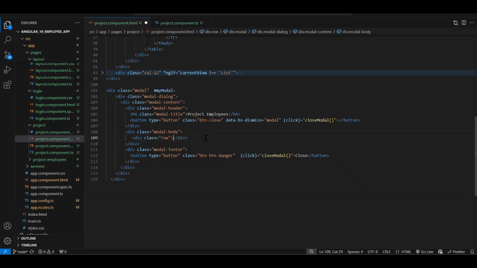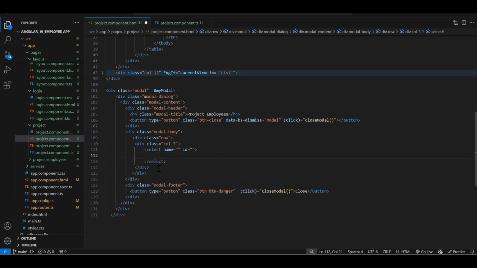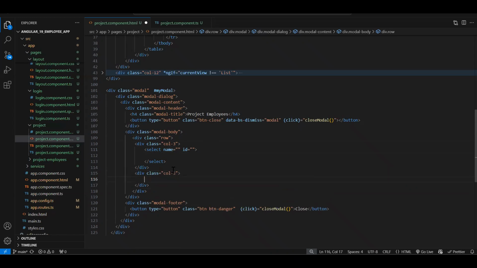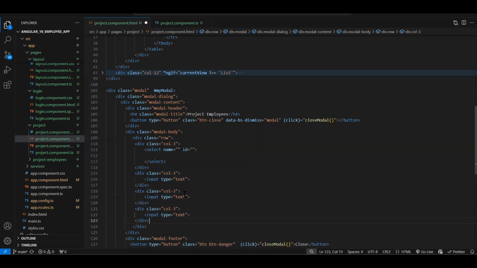That will be, let's say, row col three. Here we will have the employee drop down. So select, then after this scope, and here will